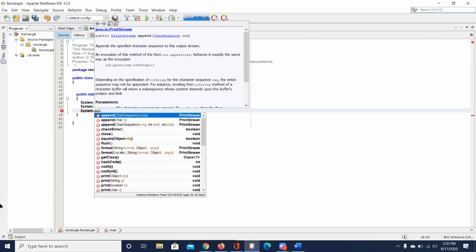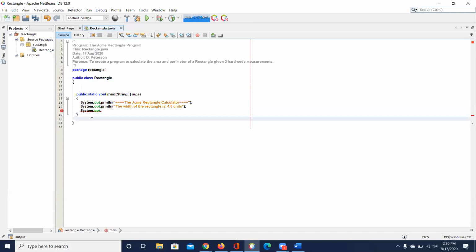These are all the options you can do with System.out. For most of the time in this class, it'll be print or println. Difference between print and println: if you use println, it prints the line and goes down to the next line. If you use print, you stay on the same line. So if I made both of these print, it would be one long line when it prints out, where I want it to be on separate lines. So I'm using println.